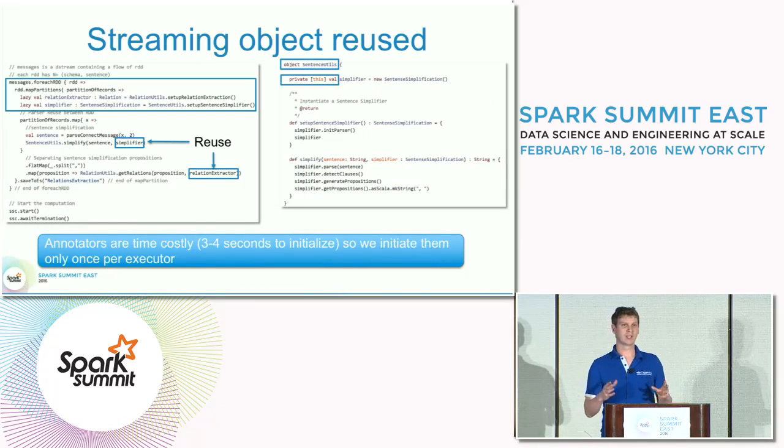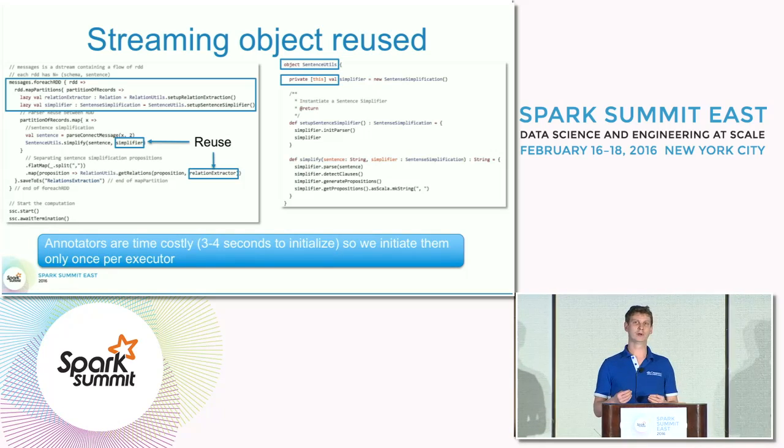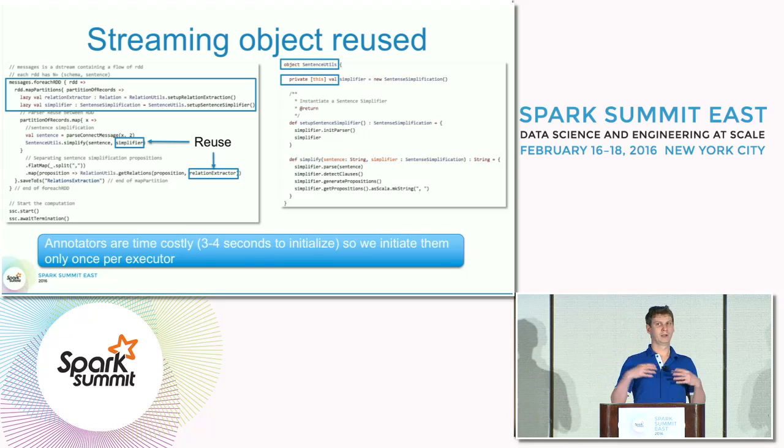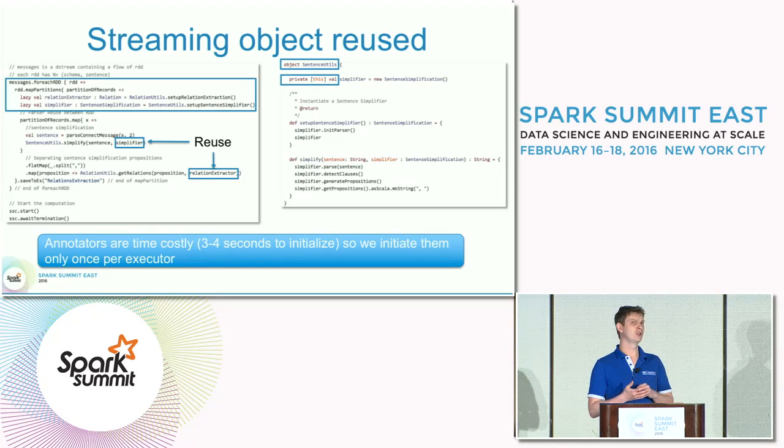So the thing is, Stanford NLP, as I said before, is really expensive to use. So that's why we used Spark. And one thing which is really important is you need to build your annotators only once. So when you're doing streaming, you're going to do it for each RDD. This stream is many RDDs. So for each RDD, you need to build only one set of annotators, which is going to be reused between